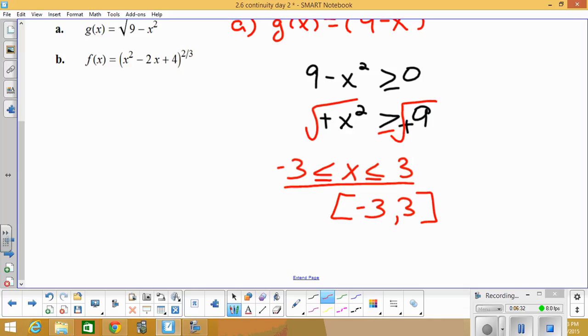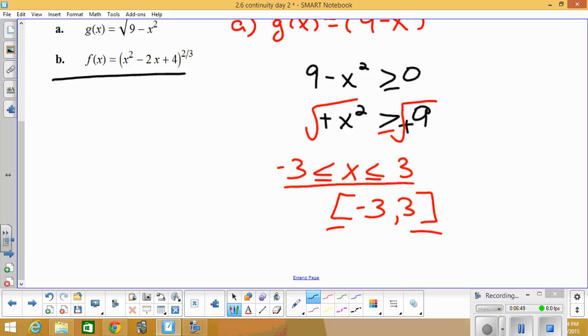The endpoints are included in this because we can take the square root of 0. So we can have both endpoints included and having it continuous on this interval. For part B,